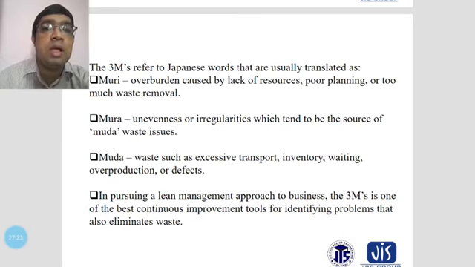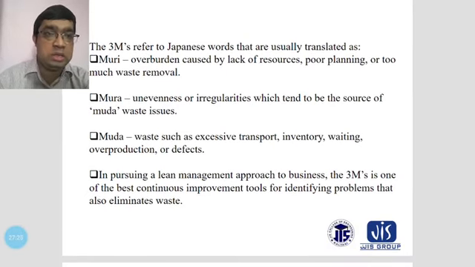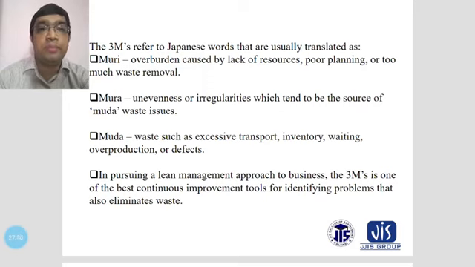Sometimes in different companies you can see overburden caused by lack of resources, poor planning, or too much waste removal procedures, and this is considered Muri. And another thing is Muda. Muda is waste